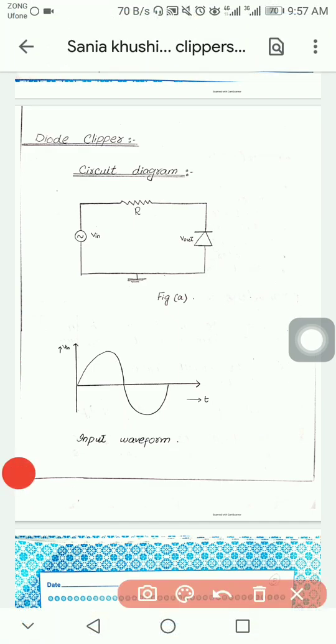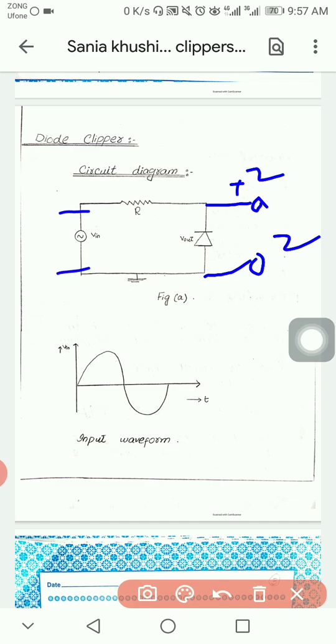Diagram, as I have mentioned, use that type of diagrams. These are output ports, say 2, this one is plus, and these are 1 input port and these are output terminals for output port.